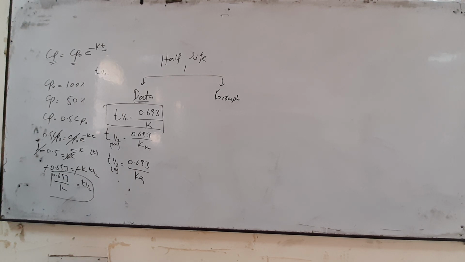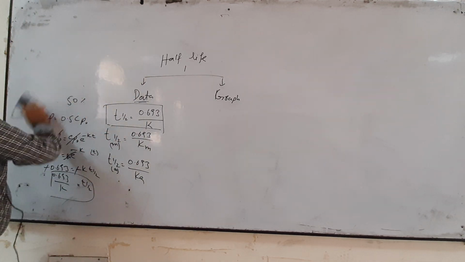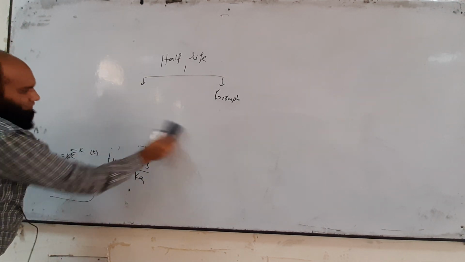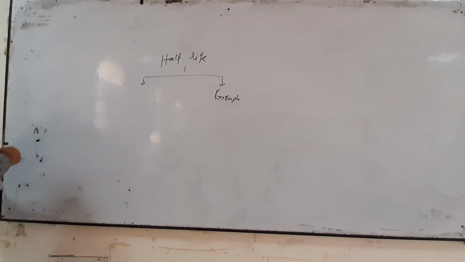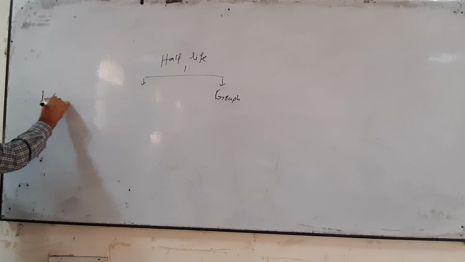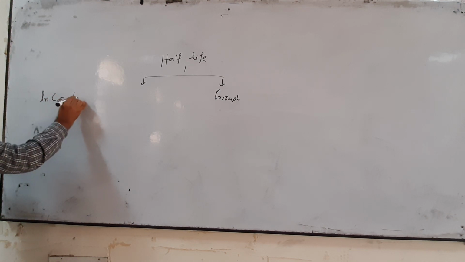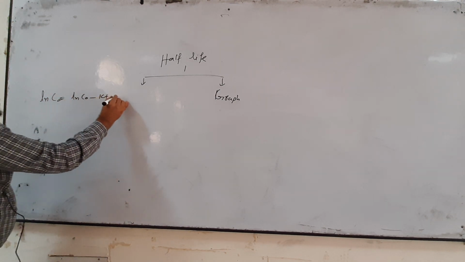Same calculations we can do by using ln C naught. ln C is equal to ln C naught minus Kt. We have already proven that. It means if there is a question, convert this equation into this. For example, there may be two other concepts. Convert this, ln C is equal to ln C naught minus Kt, into